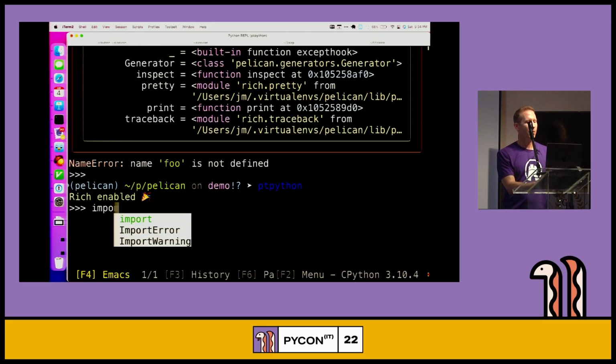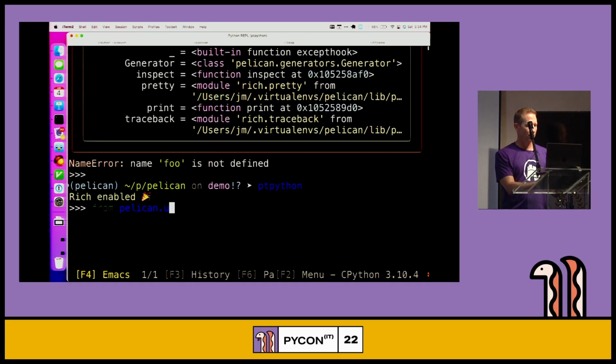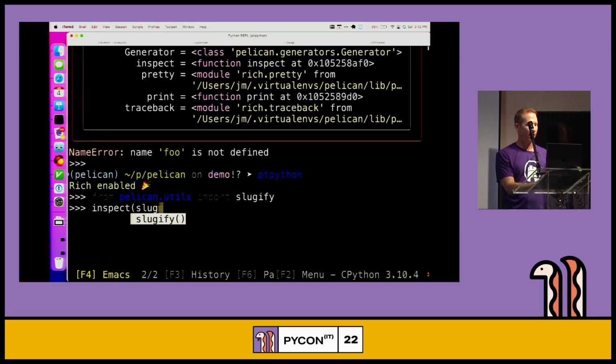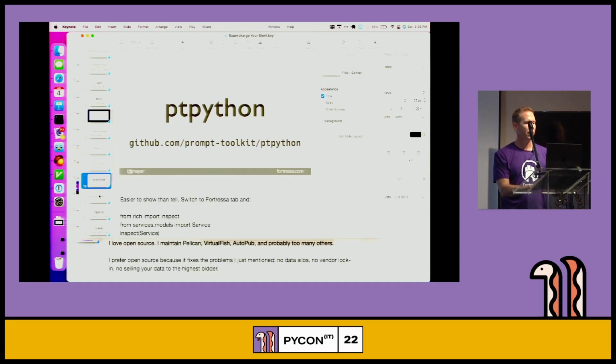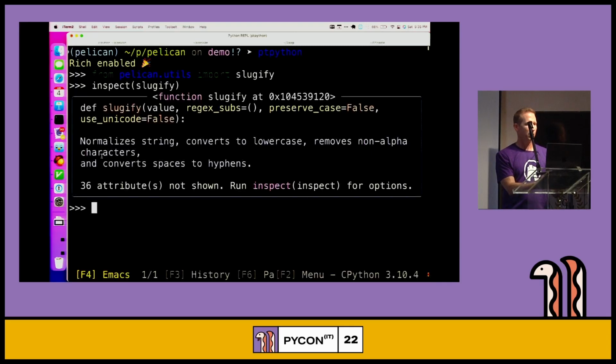Okay, yeah. So now we can see things like these really nice auto completions. We can autocomplete. And there we go. This time we're going to inspect a function called slugify. And the autocomplete is really nice. So that's one of the other things that I really like about PT Python. And then the other one I was going to show you is